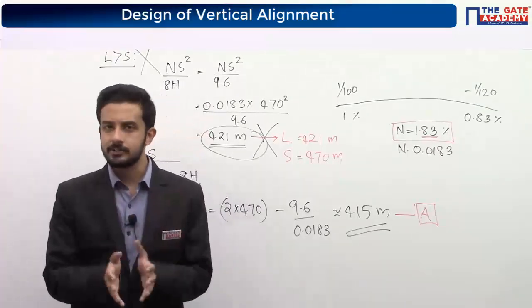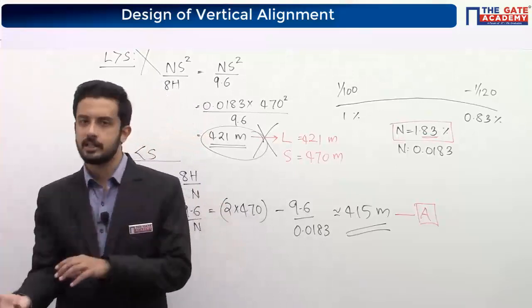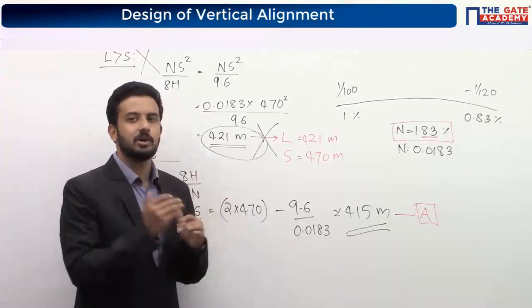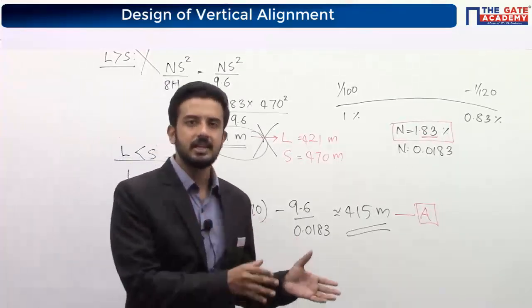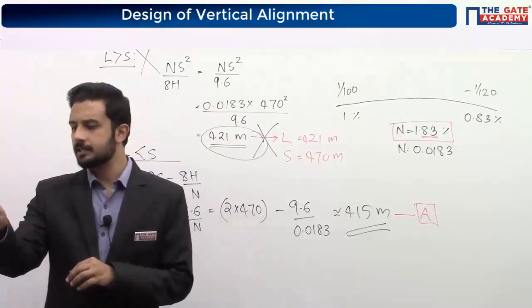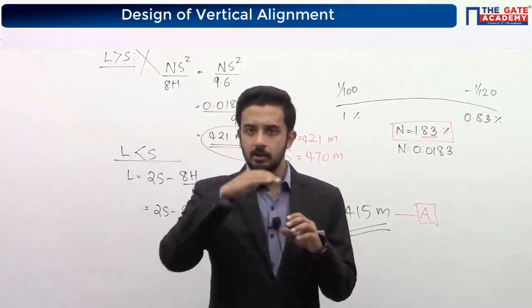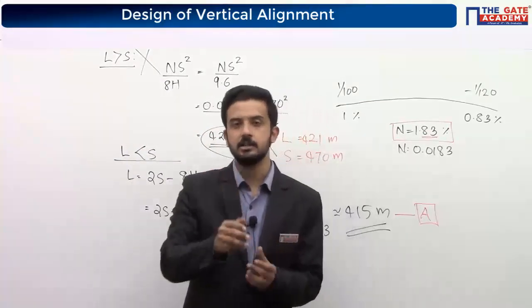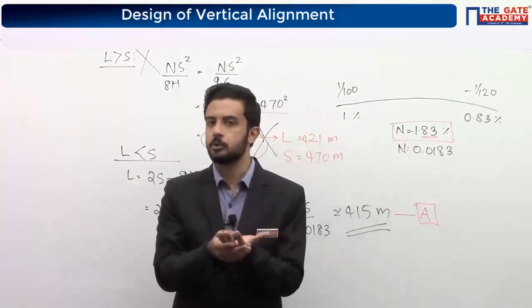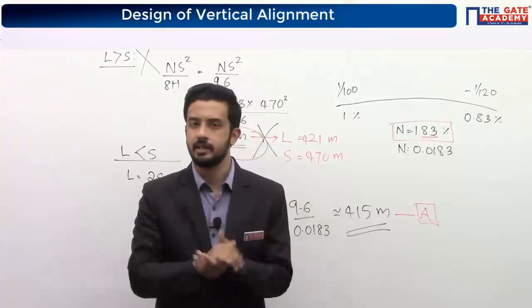Sometimes they will directly ask you based on this criteria, what is the value? Based on SSD, what is the value? Based on OSD, what is the value? Sometimes like this, they will simply give you some data. The previous question we have seen, the first question was calculating SSD, na? So we can understand from the question which criteria they are asking.